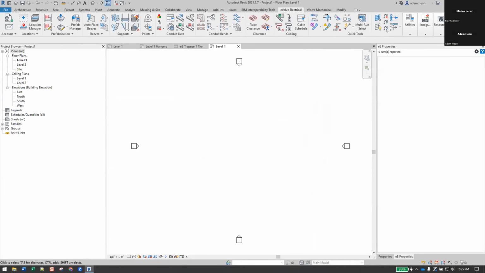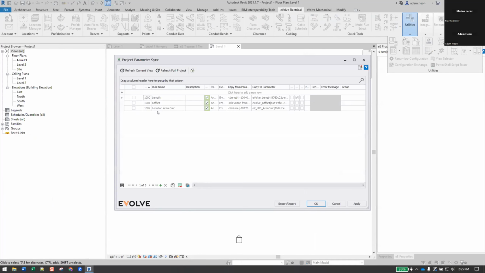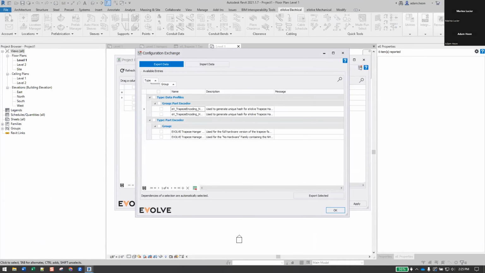So what you'll see with a new project are just the 3 core sync rules. Now, the way to bring in these utility configurations, again, is through the configuration exchange. So what you can do now, and this can be done for new projects and existing projects, is go to the configuration exchange and go to import,